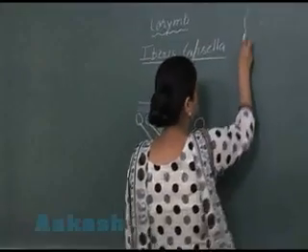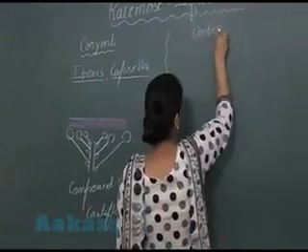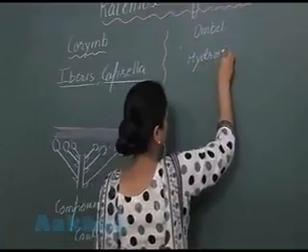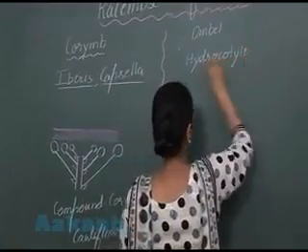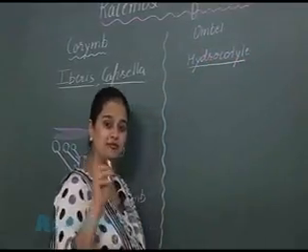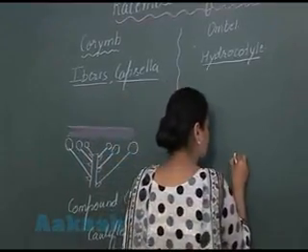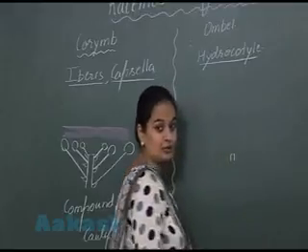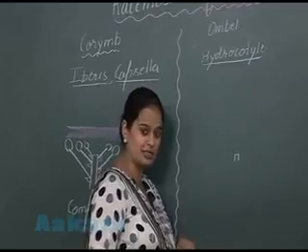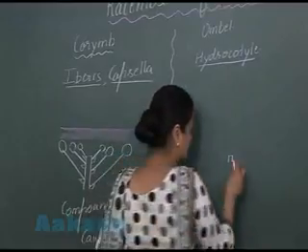Now after the corymb, the next one, that is the umbel inflorescence. Umbel inflorescence is present in the plant hydrocotyle. अब umbel inflorescence के अंदर inflorescence axis reduced है. Yes, so now the inflorescence axis is reduced. So all the flowers now are going to arise from the same point. तो एक ही point से सारे के सारे flowers arise होंगे.